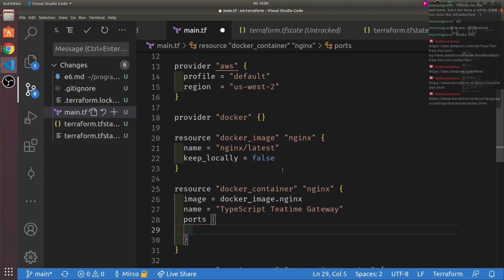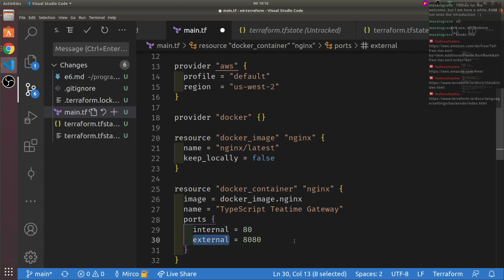Usually it would just be the container, and it does not have any ports connected on our local machine, so we couldn't access it, which is of course not what we want. We want to have internal and external 8080. So internal is the port that we talk on inside of the container, and because it's a web server, it runs on HTTP port 80.